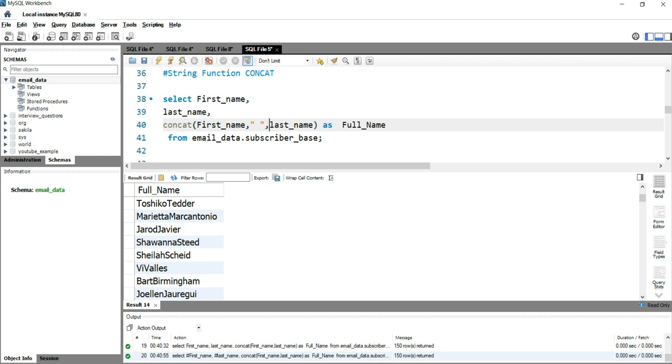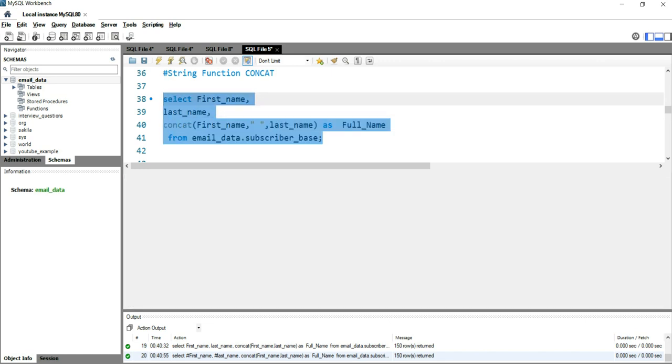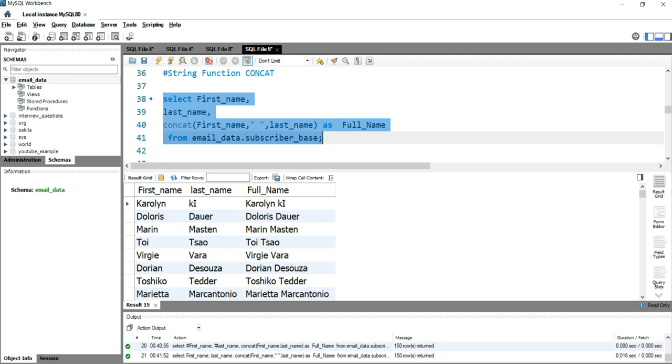So the syntax within this concatenate function works like this: you have to give concatenate, open a bracket, then after the bracket you put the column name, and if you're putting multiple column names, then you have to separate those columns by a comma, and if you want to put a space or a special character, then you have to enclose it within double quotes. So let's take this example and run this first. Now you can see that there is a space between first name and last name.